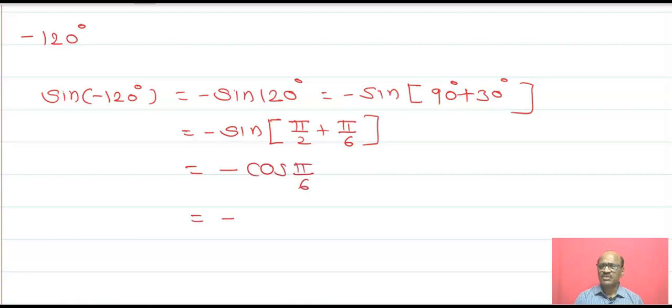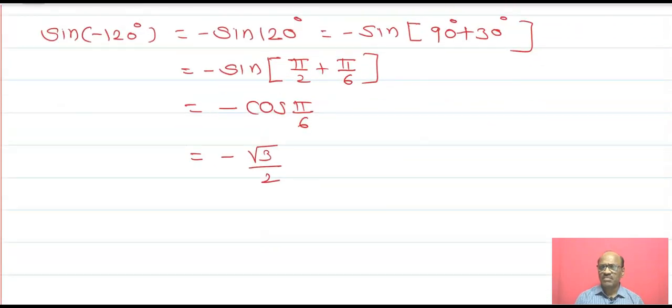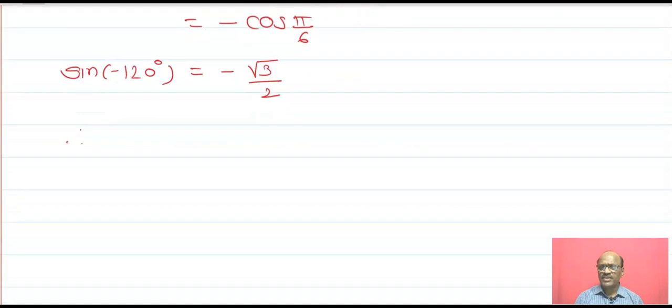Therefore it is cos of pi by 6, and cos pi by 6 is root 3 upon 2. Therefore sine of minus 120 is equal to minus root 3 upon 2. In the same way, cosec minus 120 is equal to minus 2 upon root 3. Now next value,